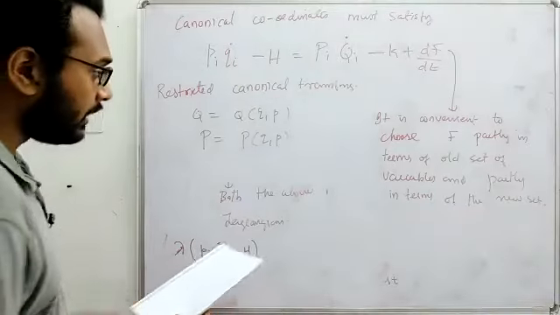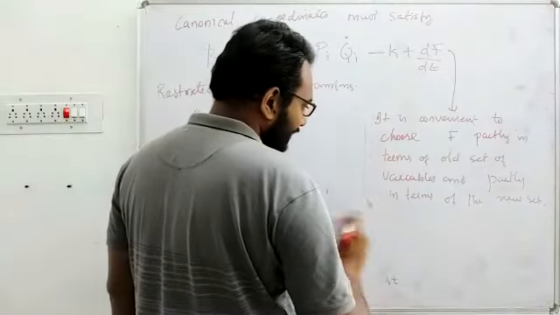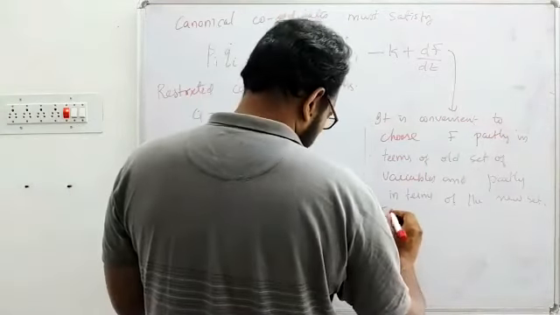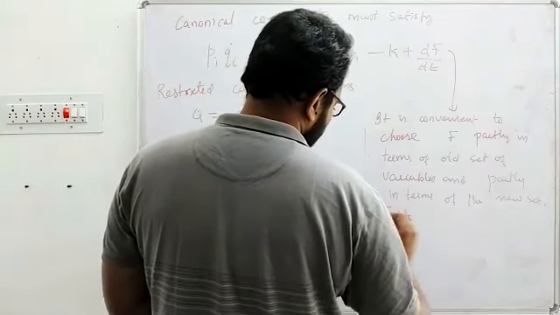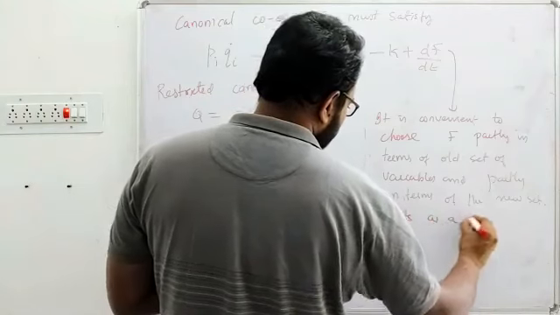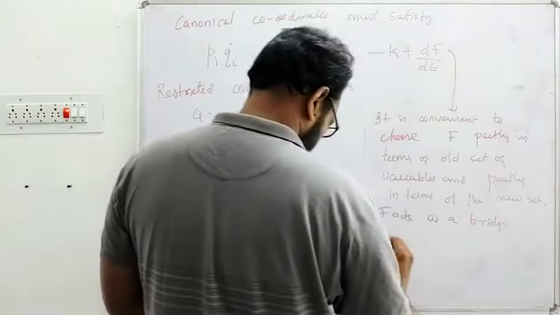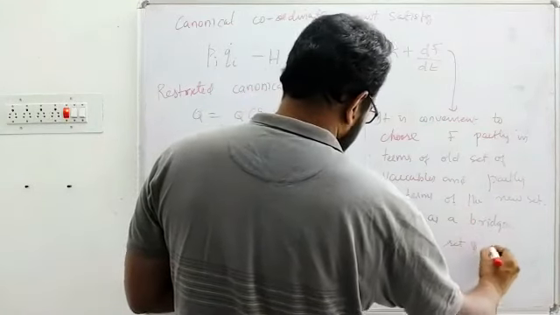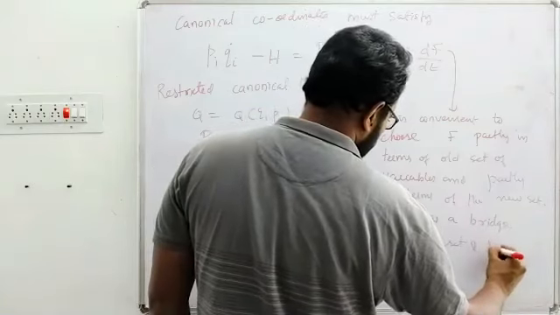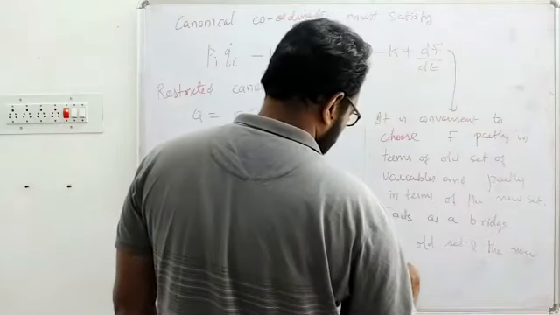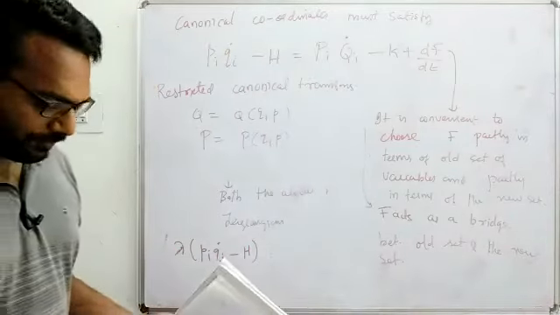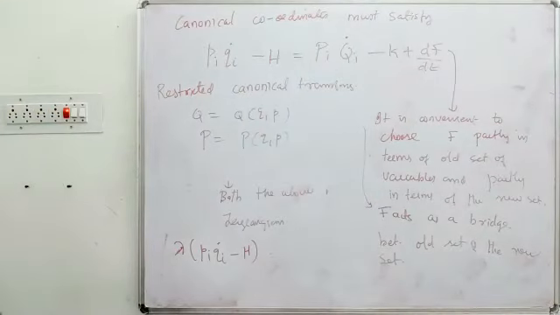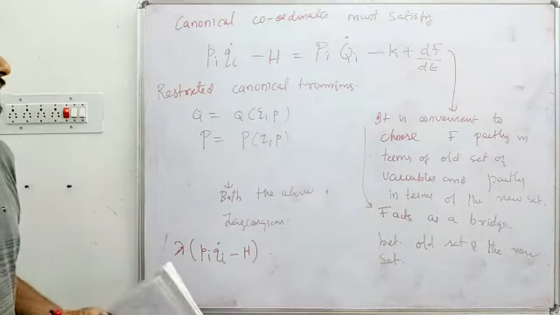Now, if you choose it as a mixed function, you can see that f acts as a bridge between the old set and the new set. So if you choose f as a mixed function of old coordinates and new coordinates, and when we say coordinates, we also mean momentum, so don't worry about that,